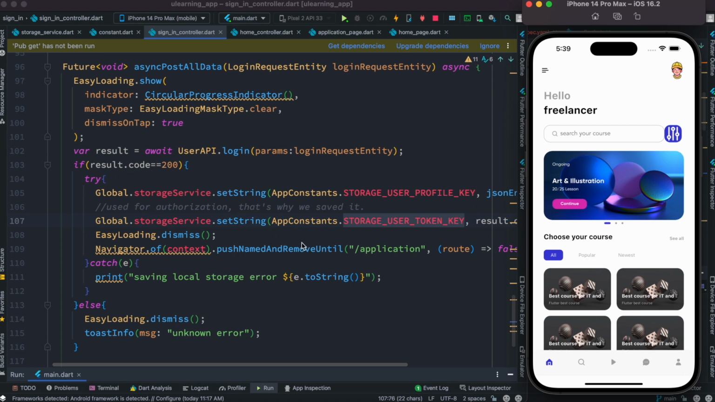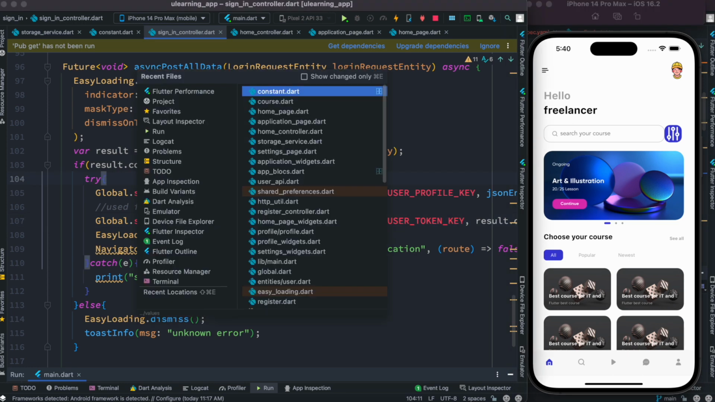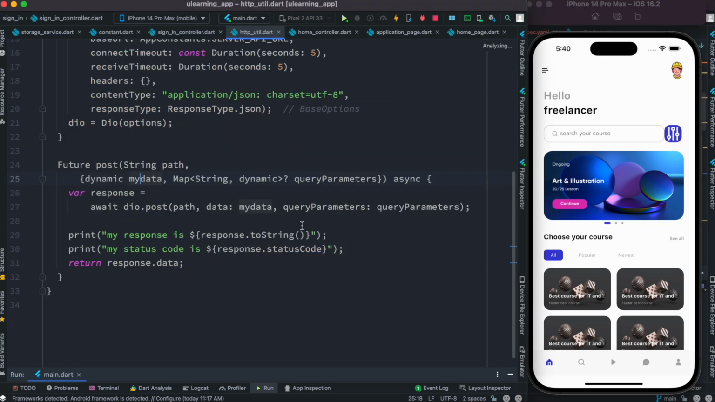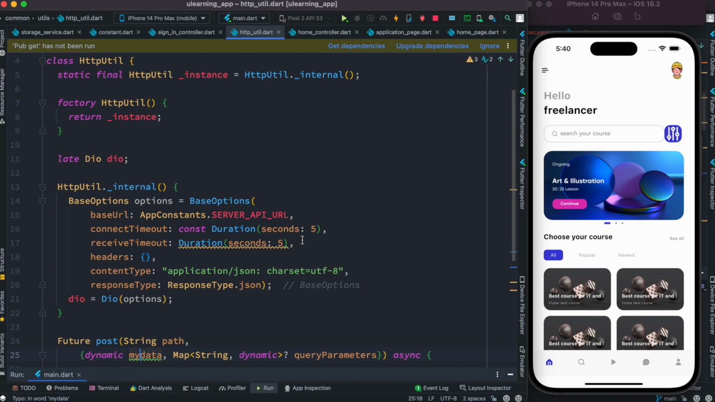Until now, we can save this, which we did. We can also remove it. But now we have to have a mechanism where we can retrieve it and then send it back to the server, to the Sanctum for authorization. Now to do that, first I'm going to open up our HTTP util class over here,